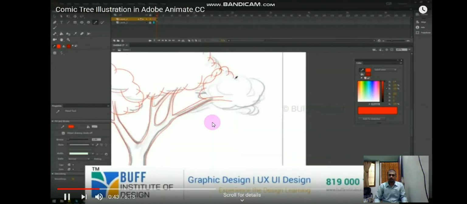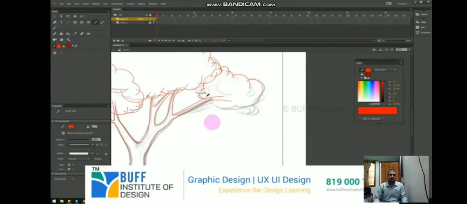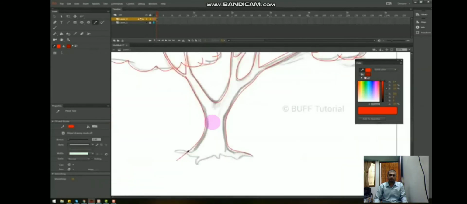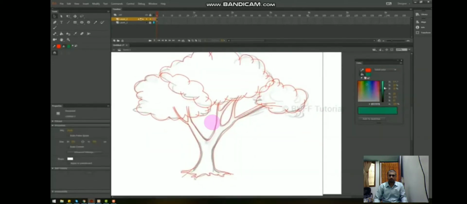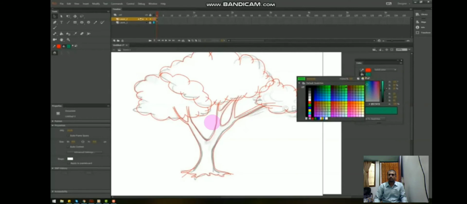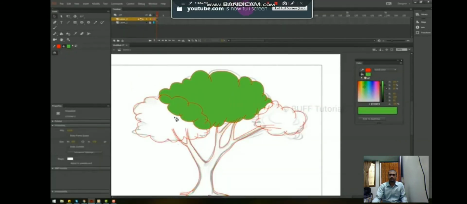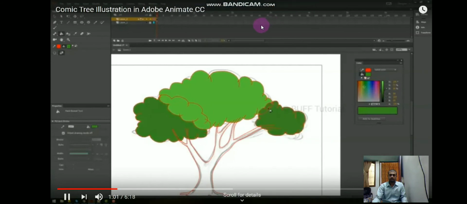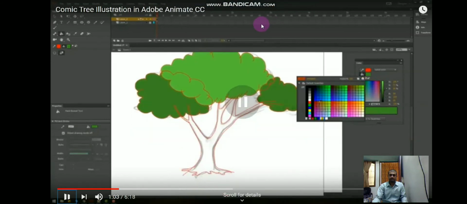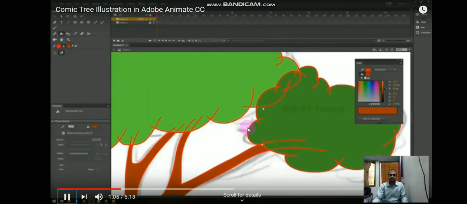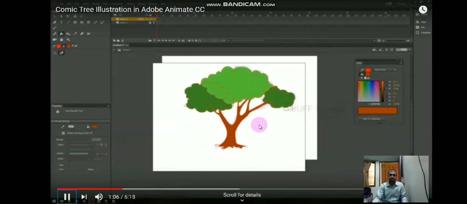You have to select the color according to your need from there. Now you can see, for the upper part of the tree I have taken the fill color as green or dark green, and for the lower part I have considered brown.